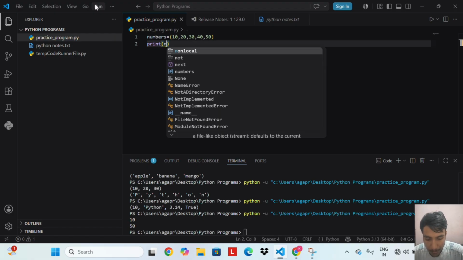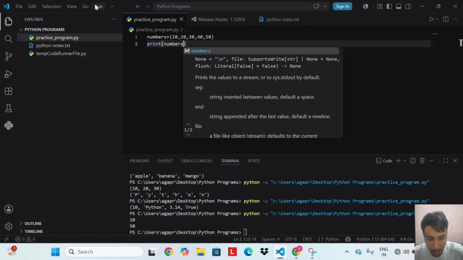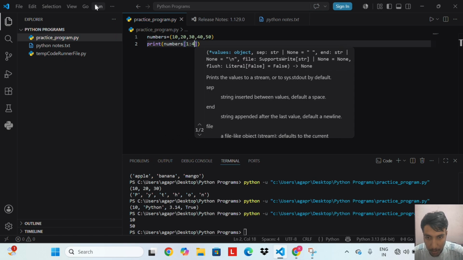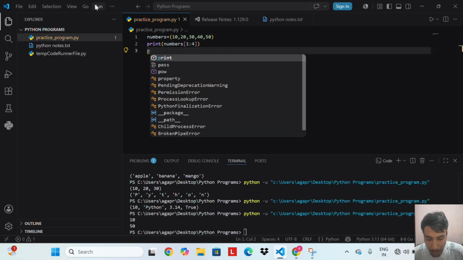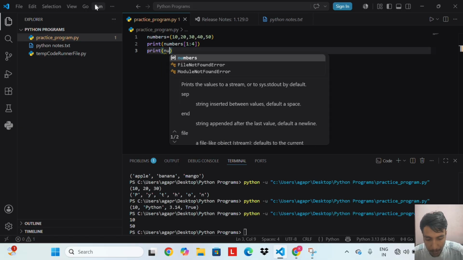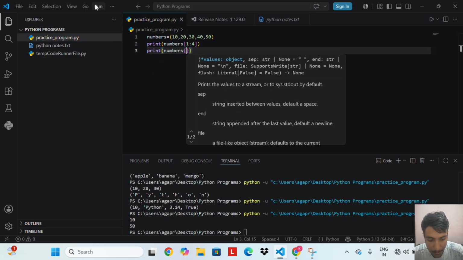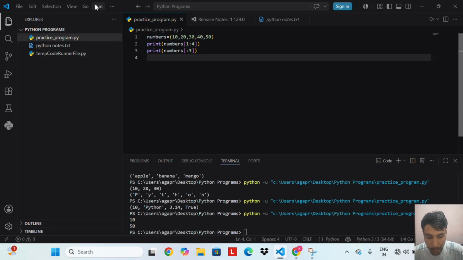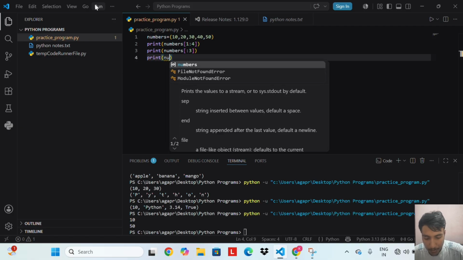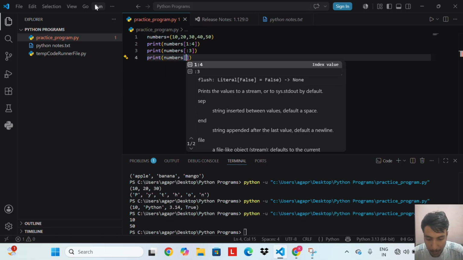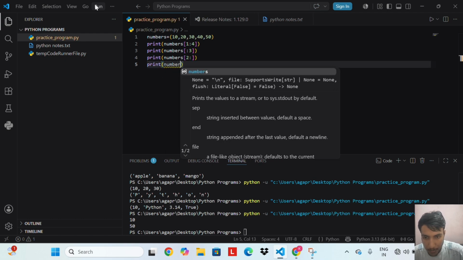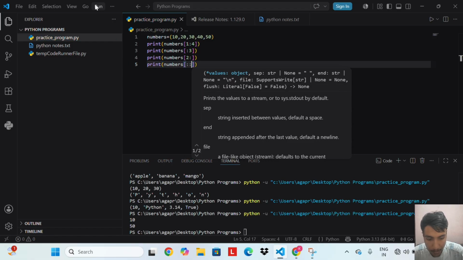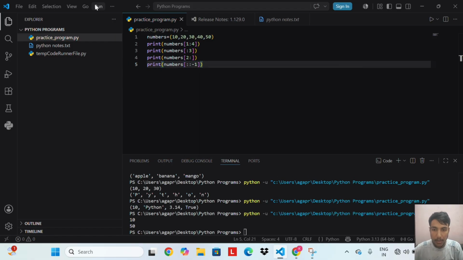Print numbers[1:4]. Print numbers[:3]. Print numbers[2:]. Print numbers[::-1]. Let's run this code.